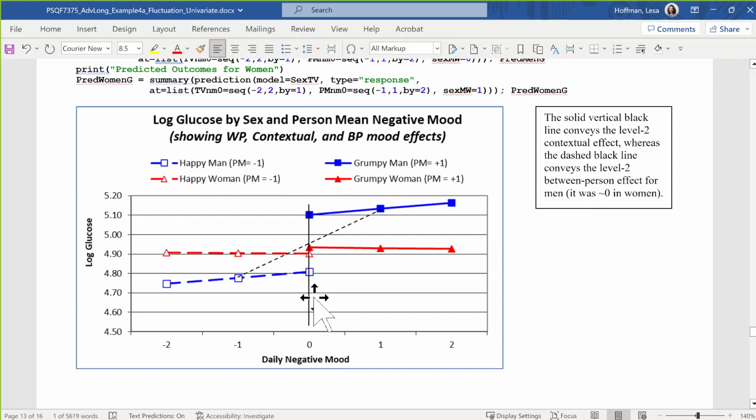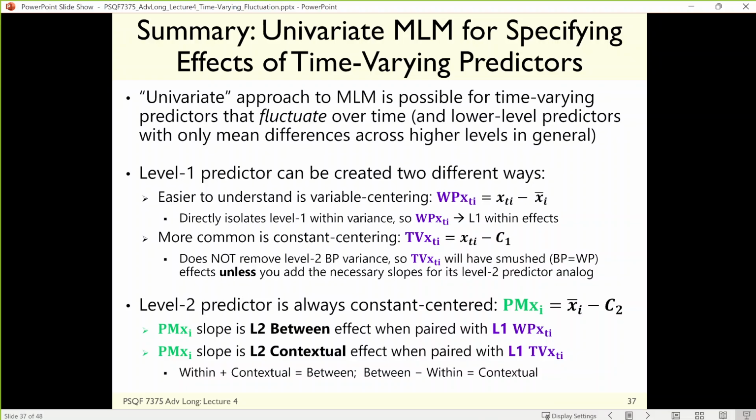And in this case, the coefficients are both in the same direction, but there's a bigger between effect than there is within effect. So it's like how grumpy you are the rest of the days matters incrementally, not just how grumpy you are today. What a plot would look like if I didn't need a contextual effect